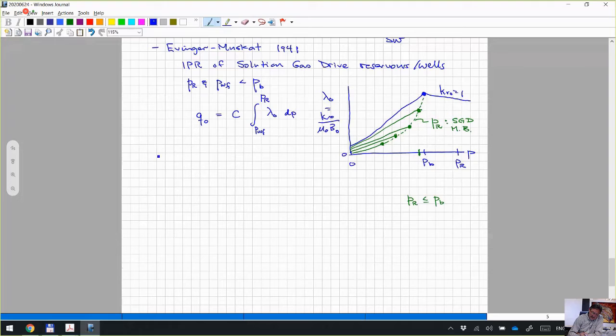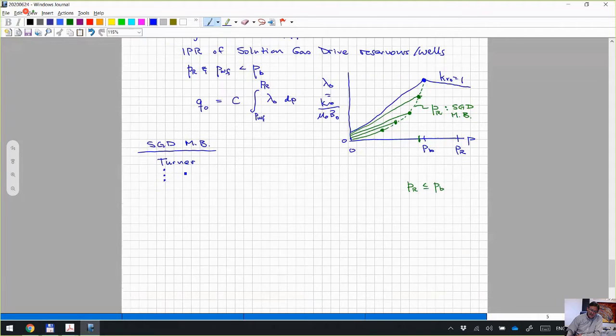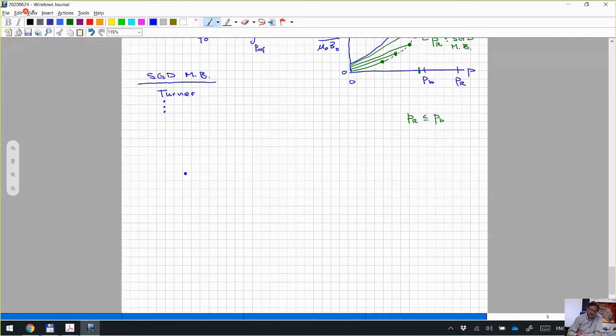So the solution gas drive material balance, I don't know who was the first one to really, Muscat probably came up with it, but in a differential form. You've maybe heard of the Turner method. There are many, many people who have addressed this, but this solution gas drive material balance basically says that